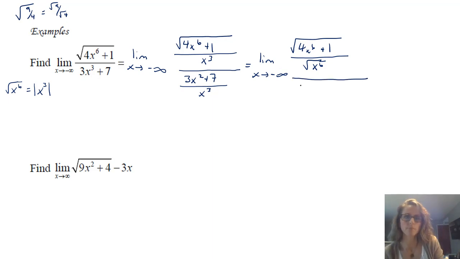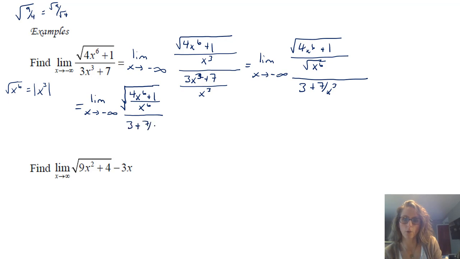Now, in the denominator, it looks like I should have had a cubed here. Sorry about that. I'll just simplify this one because it's ready: 3 plus 7 over x cubed. And now I'll come down here and move it. So I'll have the limit as x goes to negative infinity. That will be key, the negative infinity. So now I have this square root, and all of that's going to go underneath: 4x to the sixth plus 1 divided by x to the sixth. And then in my denominator, that one's already ready, I have 3 plus 7 over x cubed.